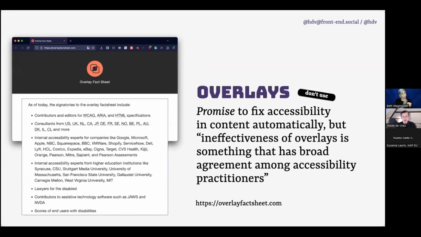They are ineffective, and that has been confirmed by a large amount of people working on web standards, people coming from a lot of different countries, people who have disabilities, people who have worked in accessibility for a long time, lawyers, makers of assistive technologies, etc., etc. So as the community will agree, that's not something that we can do. This is not a way that we can build in accessibility. There are other ways, though, and I want to talk about those other ways, right?